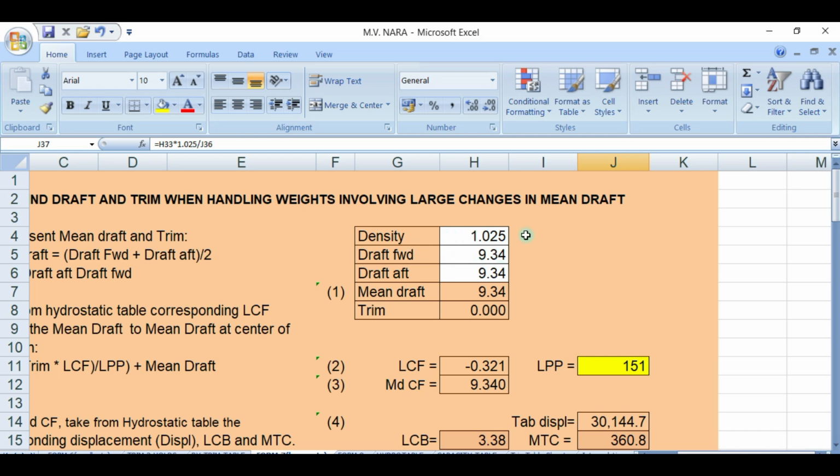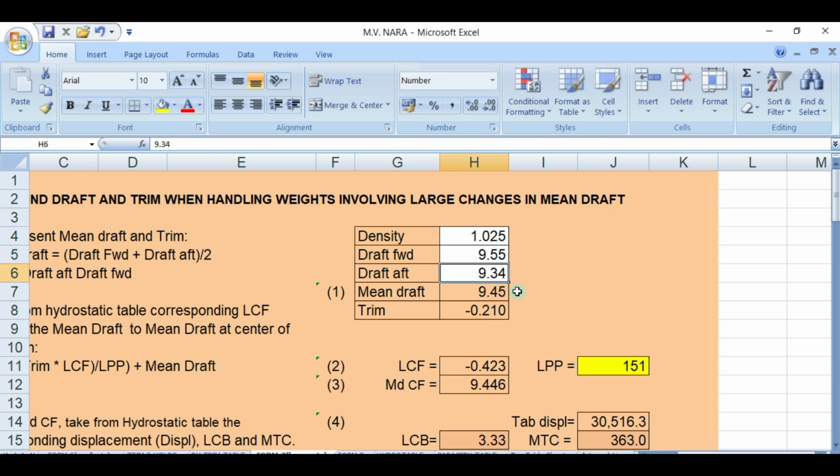In our first summer draft, maximum summer draft is 9.55, okay.